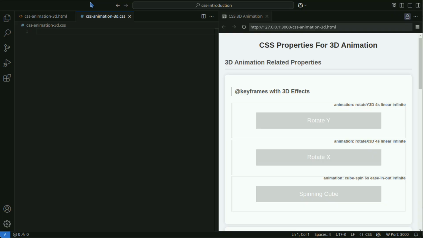Modern web browsers allow you to create three-dimensional 3D animations using only CSS. Since you can create lightweight and visually appealing interactions without using JavaScript, it contributes to improved UI, UX.